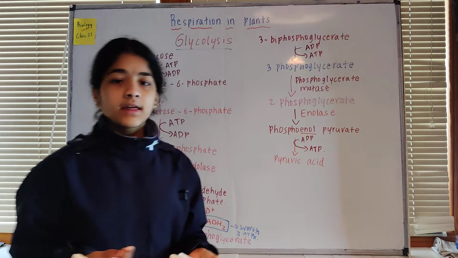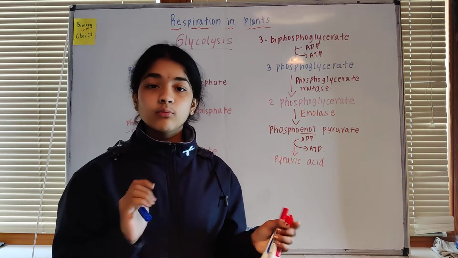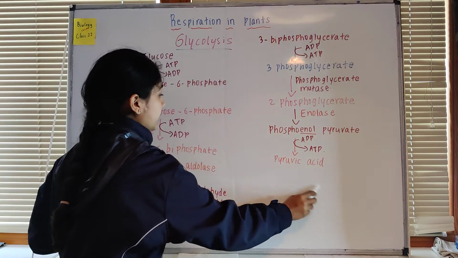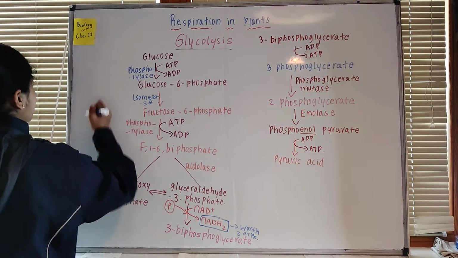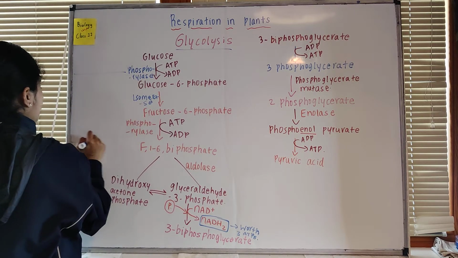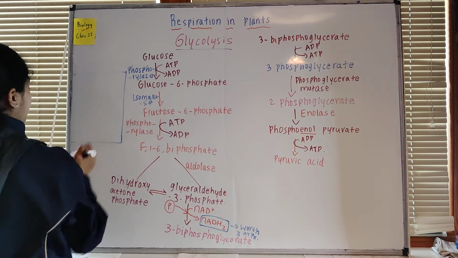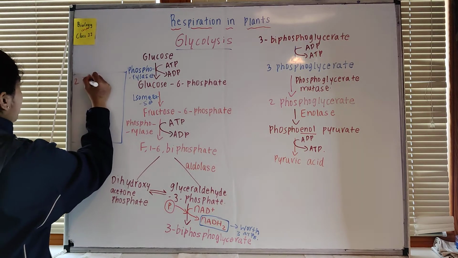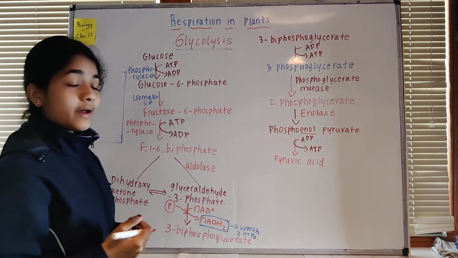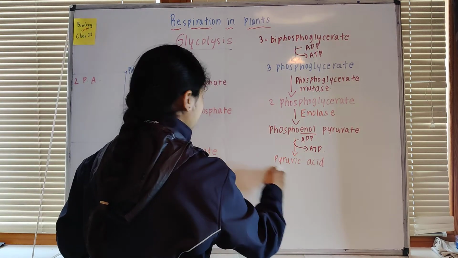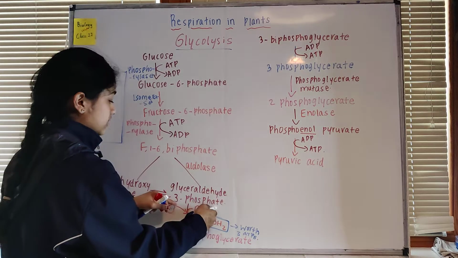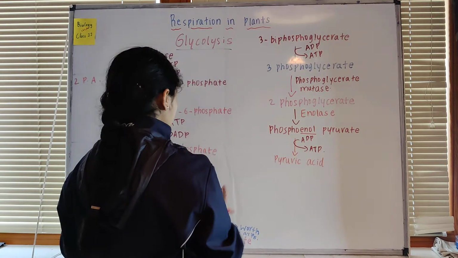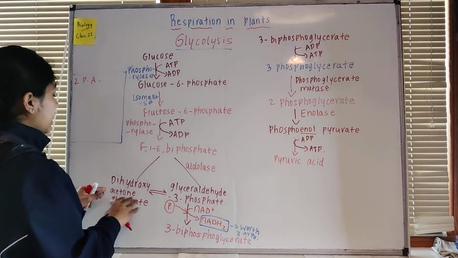Now what is glycolysis? Let's recap again. Glycolysis is the conversion of glucose into 2 pyruvic acid. But here we just got 1 pyruvic acid. Now let's count all the ATPs and all the pyruvic acids that are there. There are 2 pyruvic acid being formed, PA, pyruvic acid. How 2 pyruvic acid? Because this is one of the pyruvic acid which is formed from glyceraldehyde 3-phosphate, and the same reactions which are happening, these all reactions, they are also taking place with dihydroxyacetone phosphate.